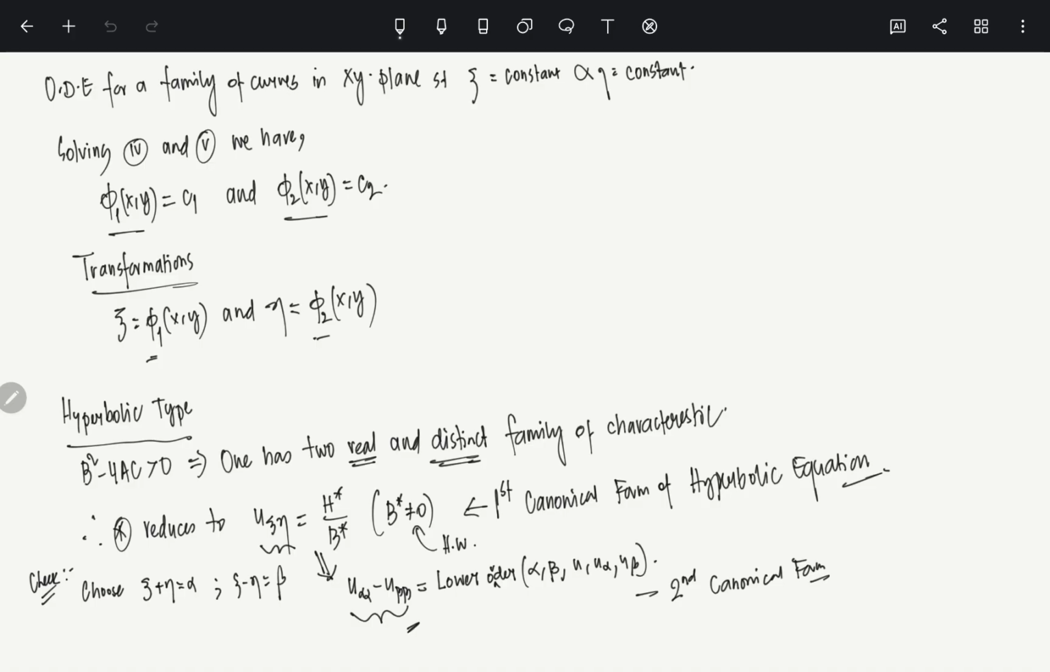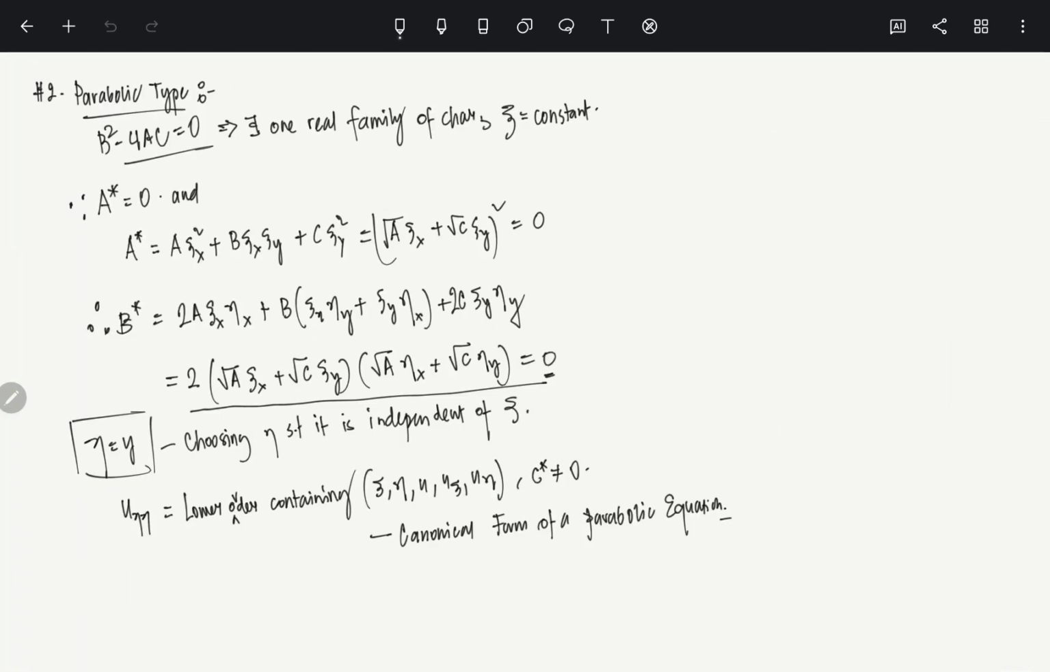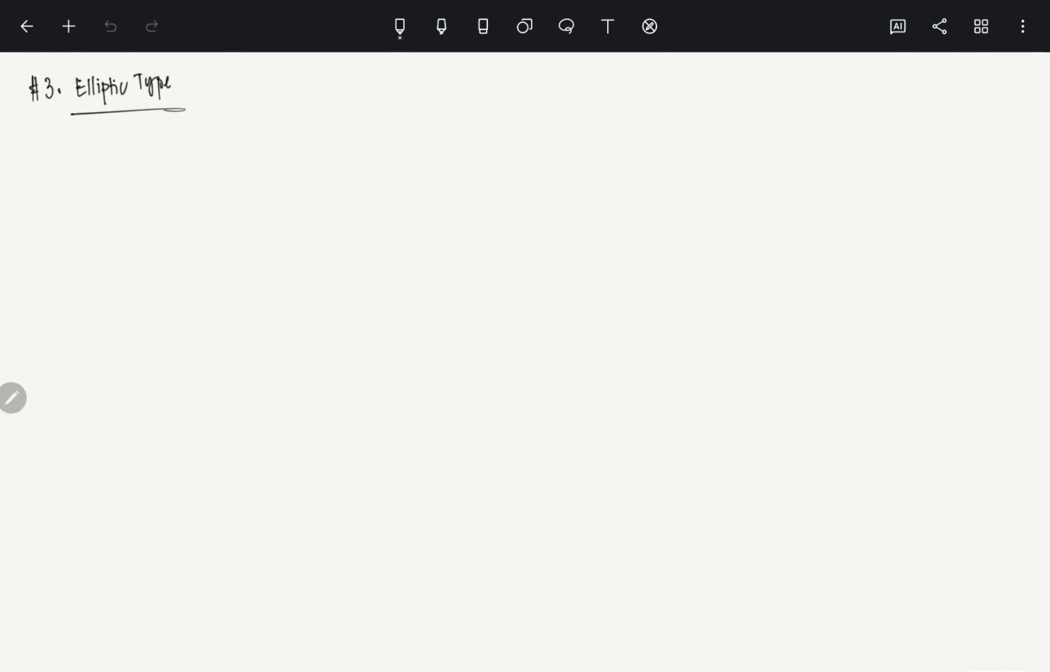Now for the elliptic case, b square minus 4ac is negative. So if the solutions exist, they are going to be complex, right? And you know that if it has one complex solution, the other one will be the conjugate of it. So we have to take that into account. Let's say that solving the characteristic equation, you have already found xi and eta. Since xi and eta are complex,